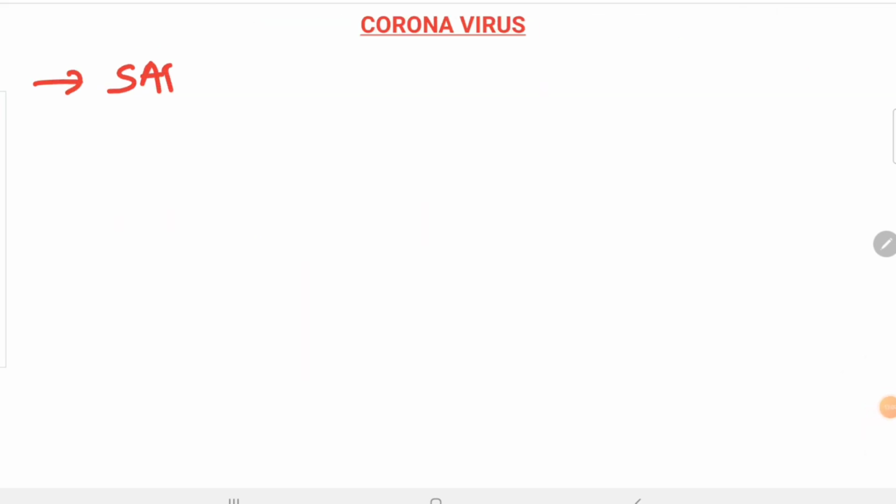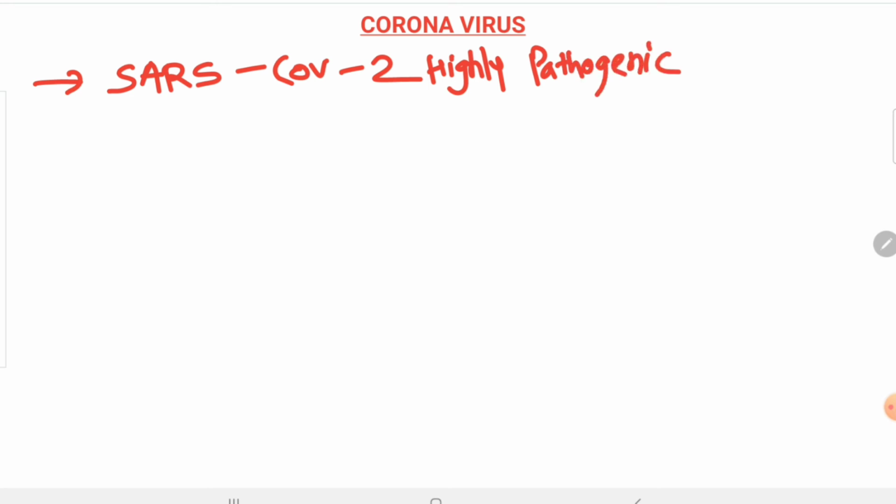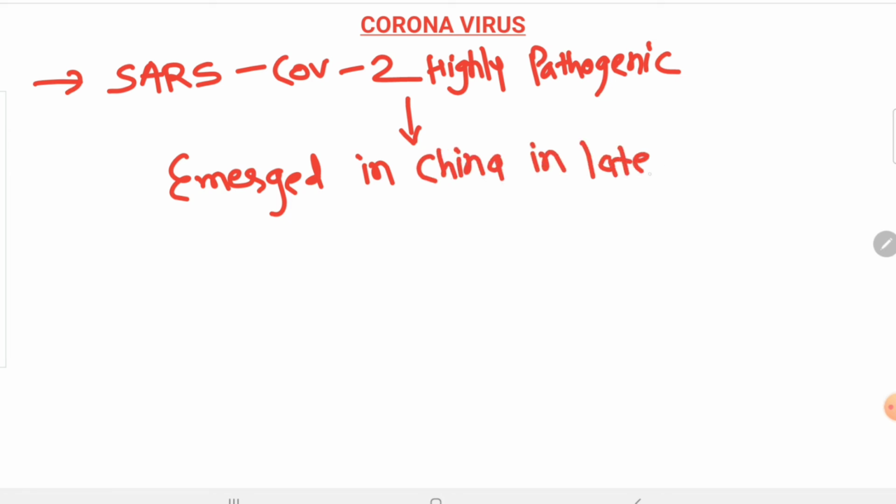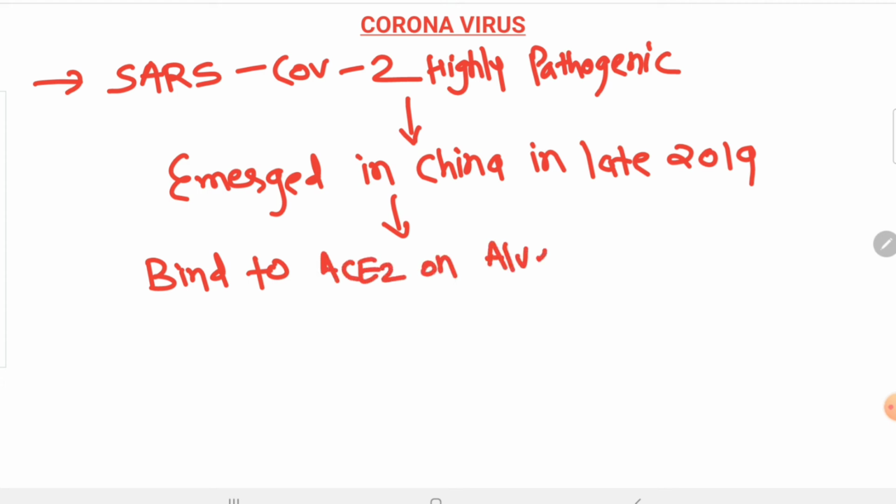All right. Now, what about the coronavirus? So you might have heard lots of things about the coronavirus. It's SARS-CoV-2, a highly pathogenic virus. It emerged in China in late 2019, right? And the main pathogenesis of this virus is that it will bind to the angiotensin converting enzyme receptor 2 on the alveolar epithelial cell,